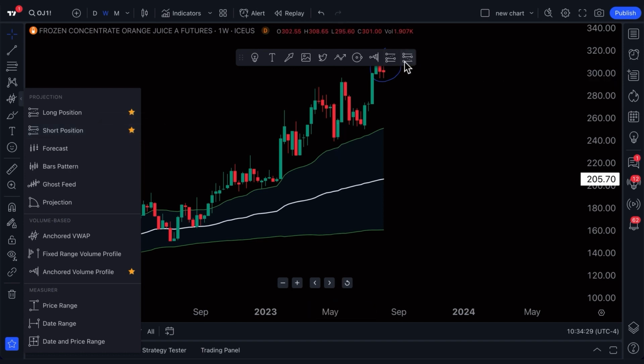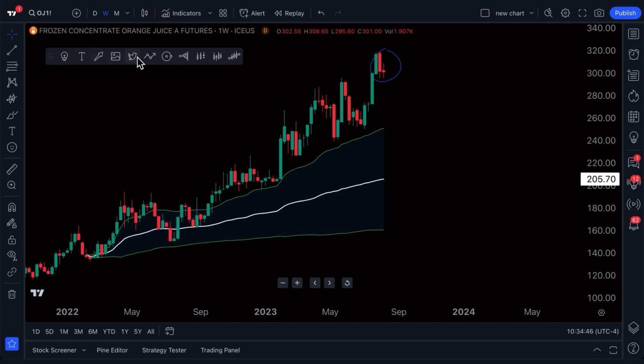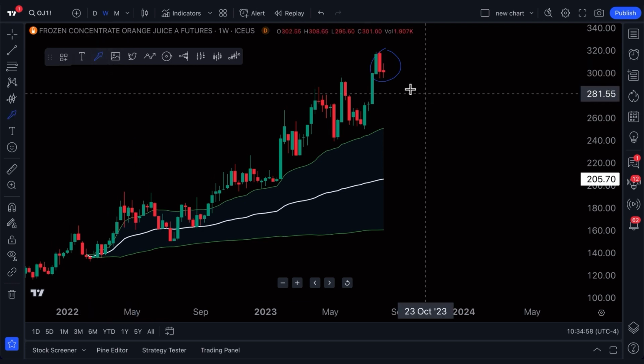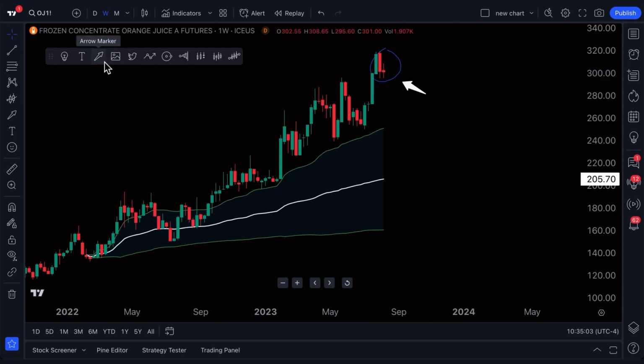Well, watch what happens when we unselect the star. It's now gone. And now watch what happens when we add some stars. You can see the menu is now expanding. So you can favorite your drawing tools that you use most to create a really handy floating toolbar that is fully accessible to you at any time. For traders with really specific processes, or investors who want to write notes all the time, or even just add arrows to point out important levels, making this kind of floating toolbar will improve the speed of your